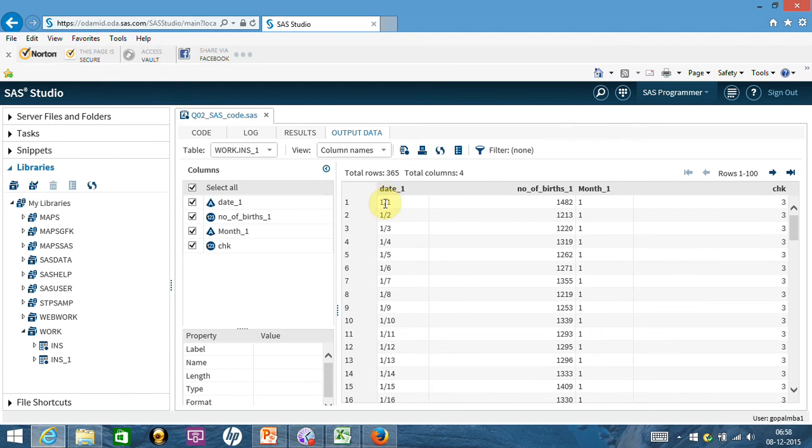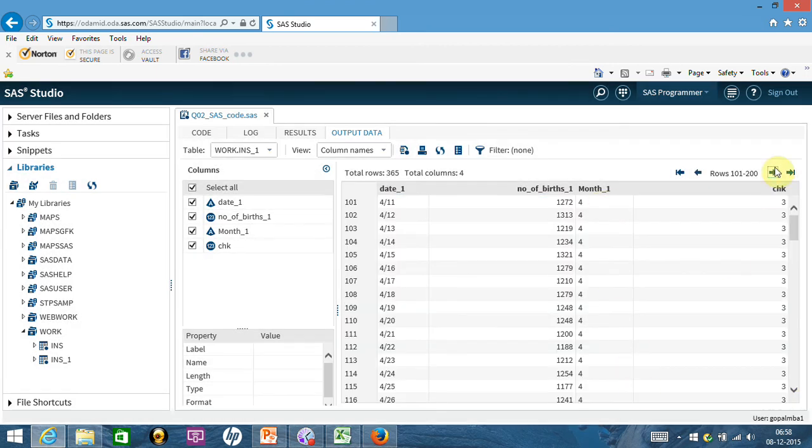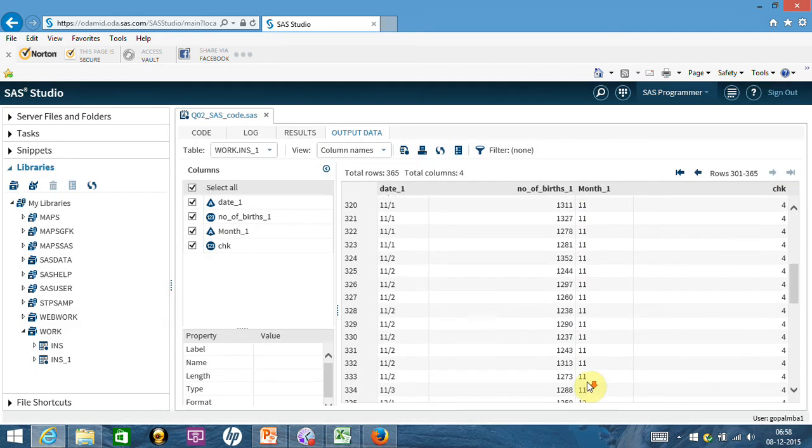It is giving me 3, and I'm starting with the second character, and 3 -2 is 1. So it is giving me just 1 character, and that's why the month 1 field has come properly. You go anywhere, you'll find month 1 has come properly. You go to the last also, it has come 10, 11, the way we wanted.